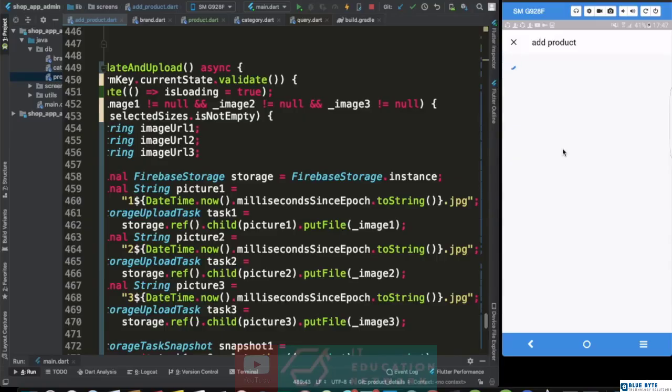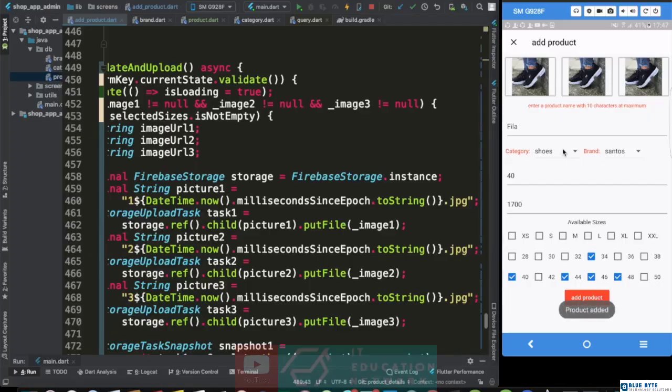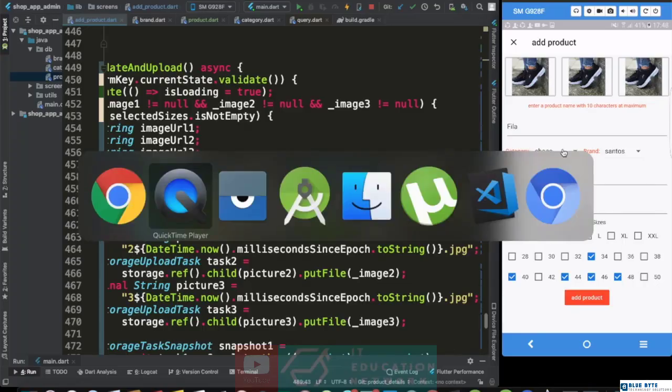which, because we are adding 3 different images to our Firebase storage, may take a while to load, because we are loading image 1 and then image 2 and then image 3. But this circle progress indicator is going to be loading until the images are done, just like now, and you'll have the notification saying the product was added. And after that is done, we can come to our